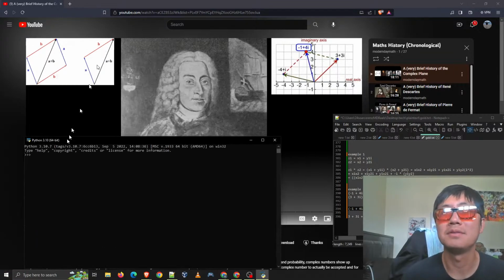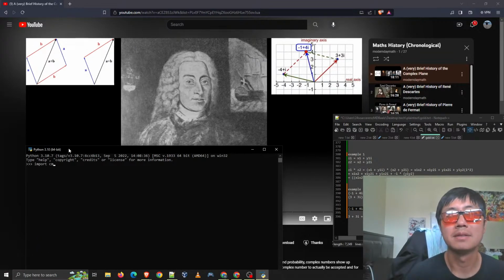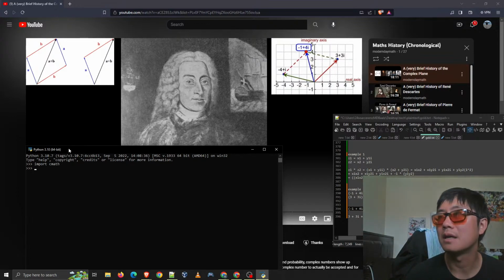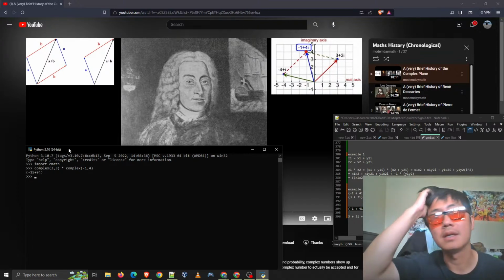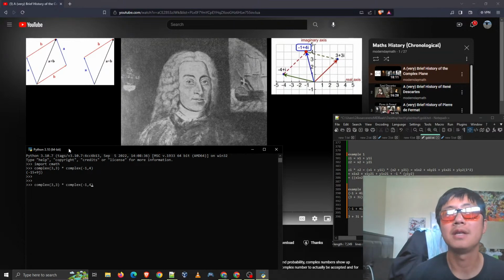This would be an awesome use of Python, which has a cmath complex math library. And let's see, complex 3 multiplied by complex -1, 4. Yeah, 15 plus 9i, that's right. What permutation are they doing to get, they're showing